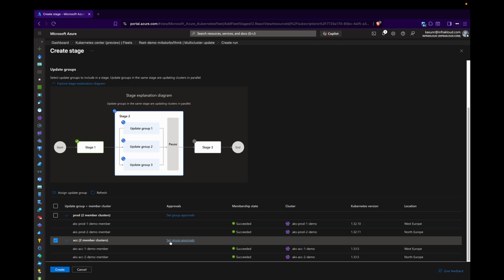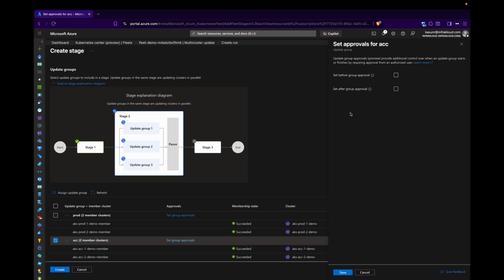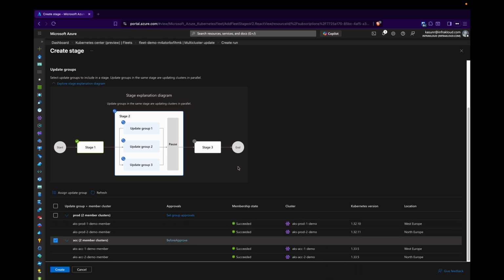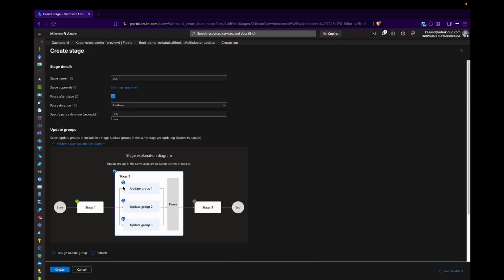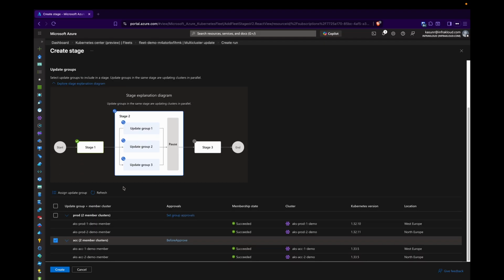So I will click set group approvals. Then I will select set before approval. So I will name it as before approve, then click save. So that means before starting this acceptance stage, you need to approve the